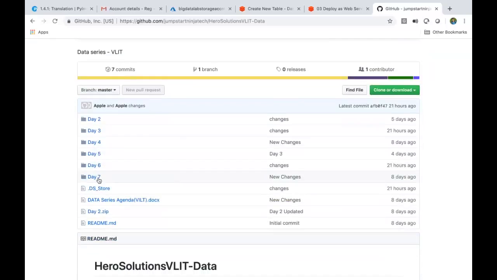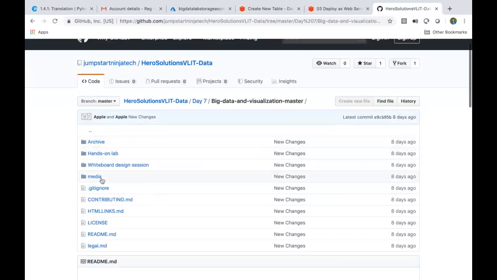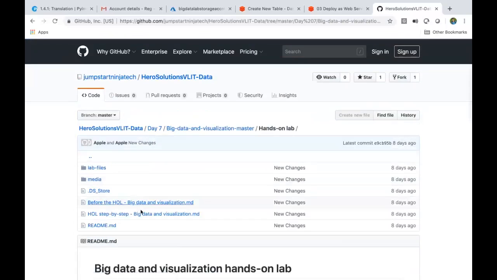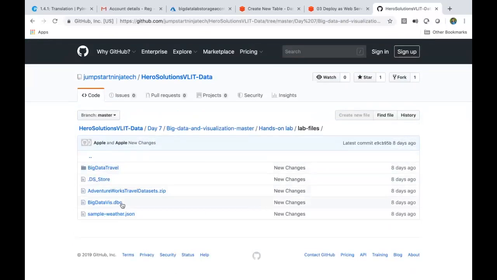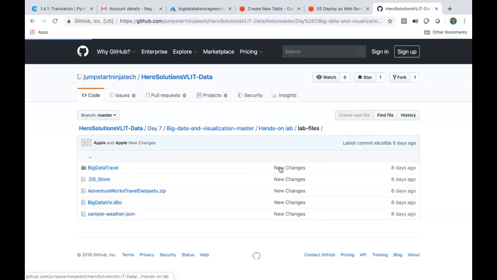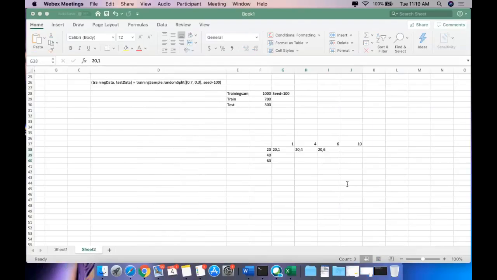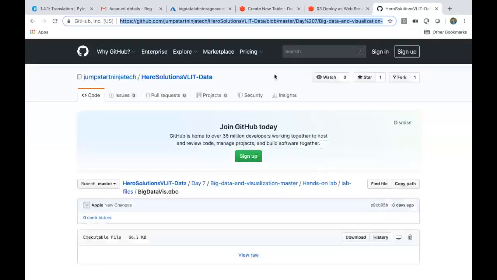Go to day 7, right? You'll find big data. Okay, hands-on. In the hands-on, you'll find lab files. There you find the DBC file. This is the path for it. Okay, thanks. I'm just putting it here so that everyone can use it. So open up better. This is a better one nowadays. Ignore the first one, take this second one. Directly copy paste it.